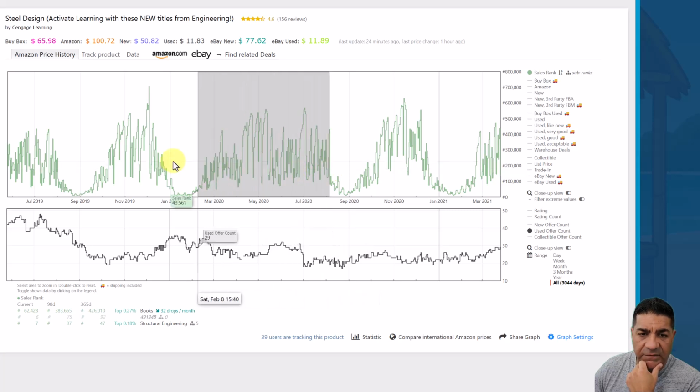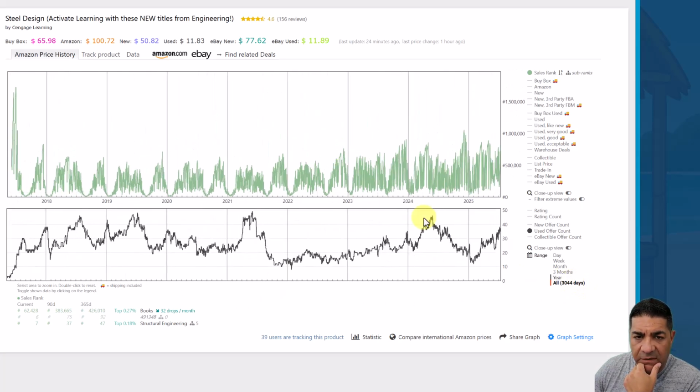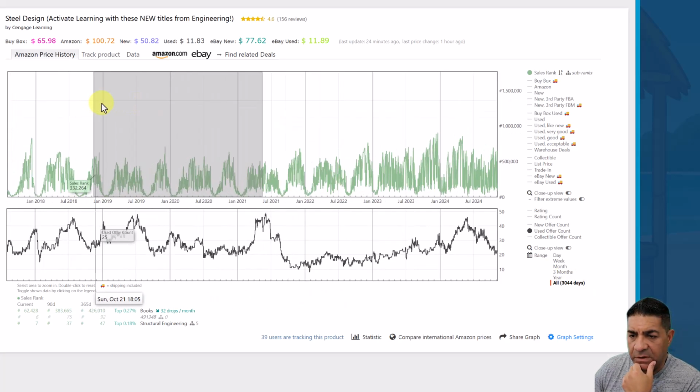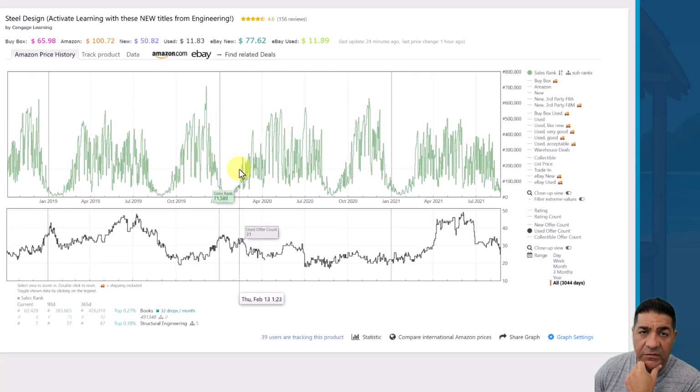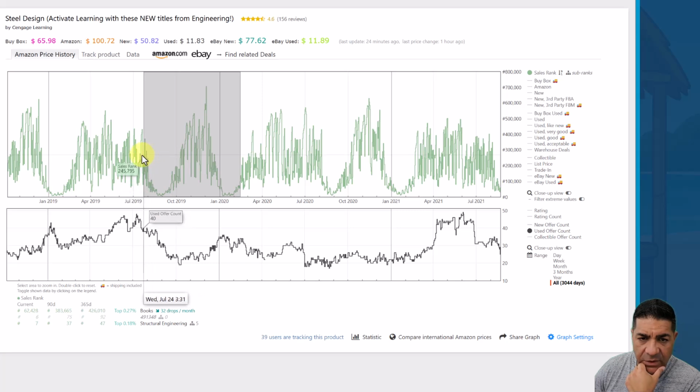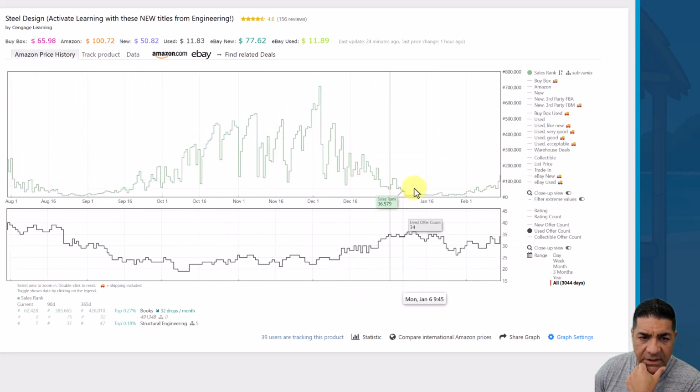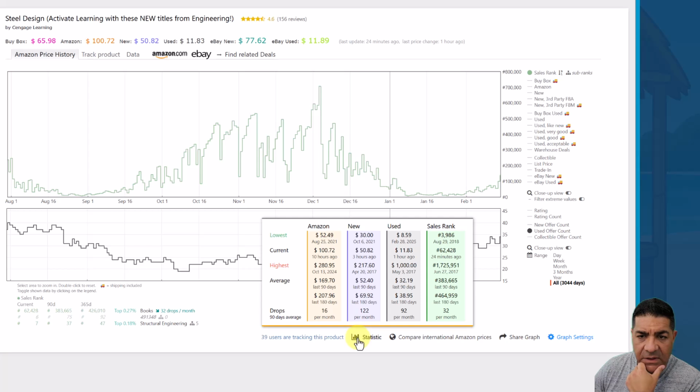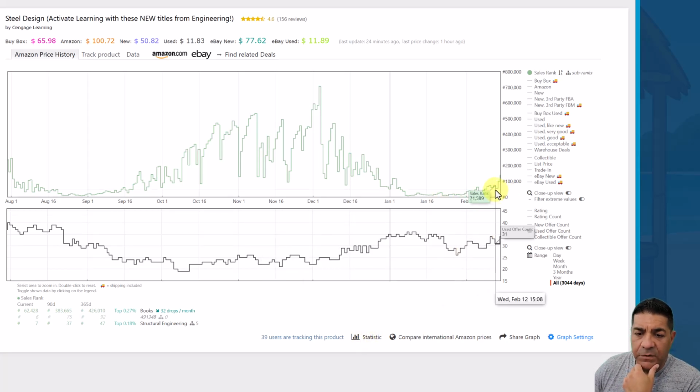think, for example, if we were over here. Now let me show you. This is why I said the time of year is important. Let's assume we were right here, looking at a year, something like this. If you were to look at the statistics at this time, assuming today was February 1st, whatever year this was, 2022, the book would be selling quite a bit. You might think, well, I'm going to buy this book. This book sells really fast. It looks really good. But by the time you get it to Amazon,